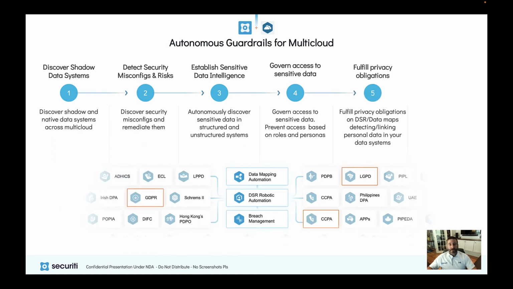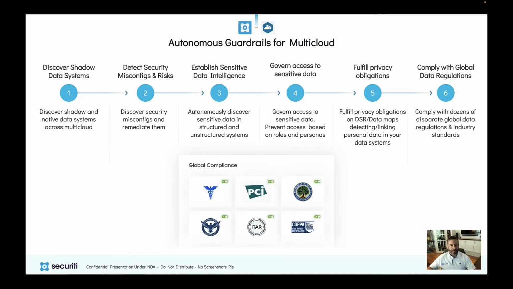Then, with an extensive knowledge of personal data, along with mapping to an individual, we can automate the privacy aspects, such as data mapping and building your records of processing activities for DSR fulfillment and leveraging real-time knowledge of an individual's personal data to automate DSRs. And then we can help with assessment automation and automatically knowing when to trigger things like PIAs and DPIAs. And then in the end, we can also help with breach management by understanding the scope of a breach based on the location of sensitive data and the types of sensitive data in an asset.